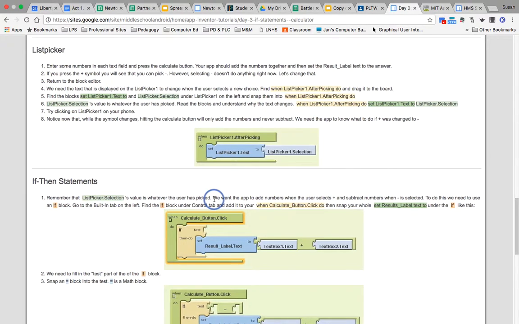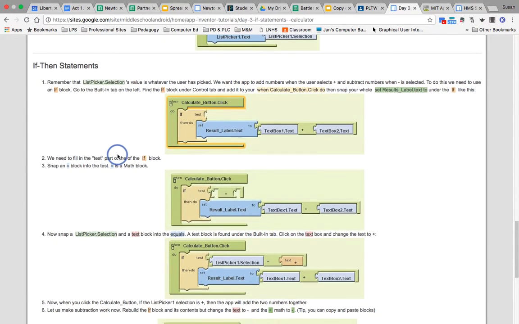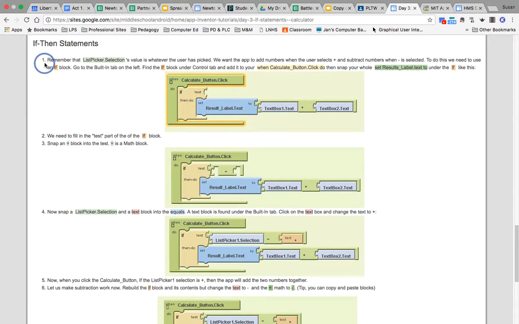And we're going to look at the if-then statements. So there are times when we're going to want to add and times we're going to want to subtract. So we have to program that in using an if-then block. Again, this is going to look real similar to what ours looks like, just slightly different. Okay, so we're going to pull over when calculate button is clicked. We're going to add an if-then block, and